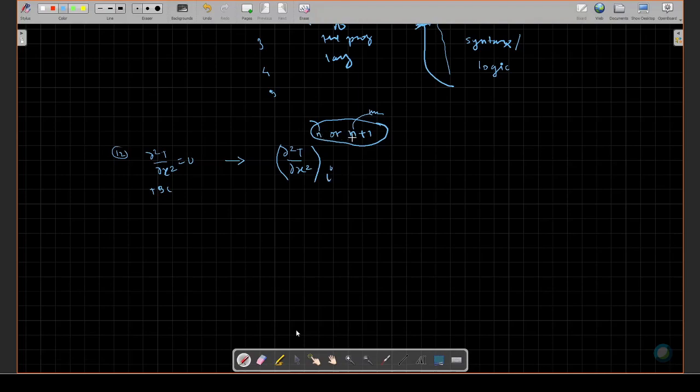Okay, n plus 1 means all i's are new level values, meaning unknown values. But here we are with no time. So we are not moving in time, but simply in space, and in space the ith value is a. Suppose you are in this space, this is a bar, and you have converted this domain into discrete points and generated a grid. Then in that case we are talking